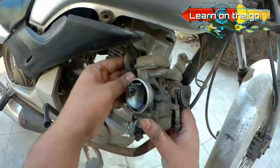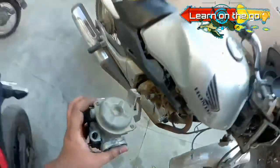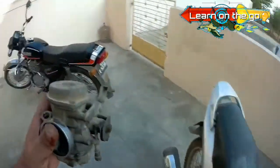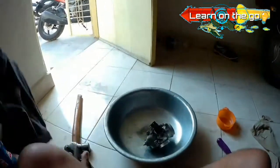You can do it in any order that you prefer, and once all those things are done, you have to loosen the screws which are tightening it to the manifold as well as the air filter, and finally you have to take it out. Coming to the tools required for the task, the list includes a toothbrush, a thin wire